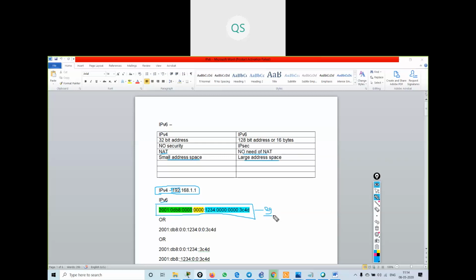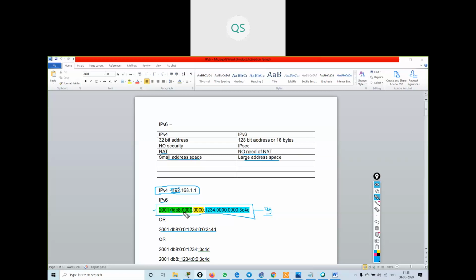You can write it in this way or in this way. You can remove the preceding zeros. See, I have removed the preceding zeros and just written EB8. I can only remove the preceding zeros in each quartet.